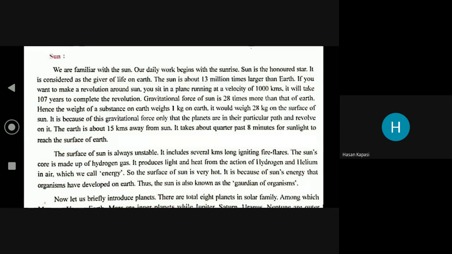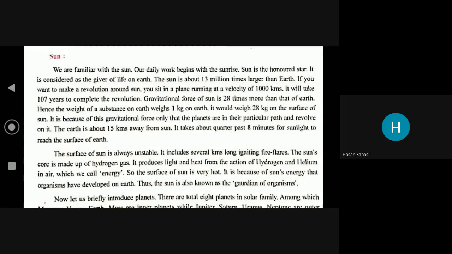Suppose Hassan's weight is 20 here, then how much will Hassan's weight be on the sun? 20 into 28. You can do the multiplication right now. It is because of the gravitational force only that the planets are in their particular path and revolve on it. The earth is about 15 kilometers away from the